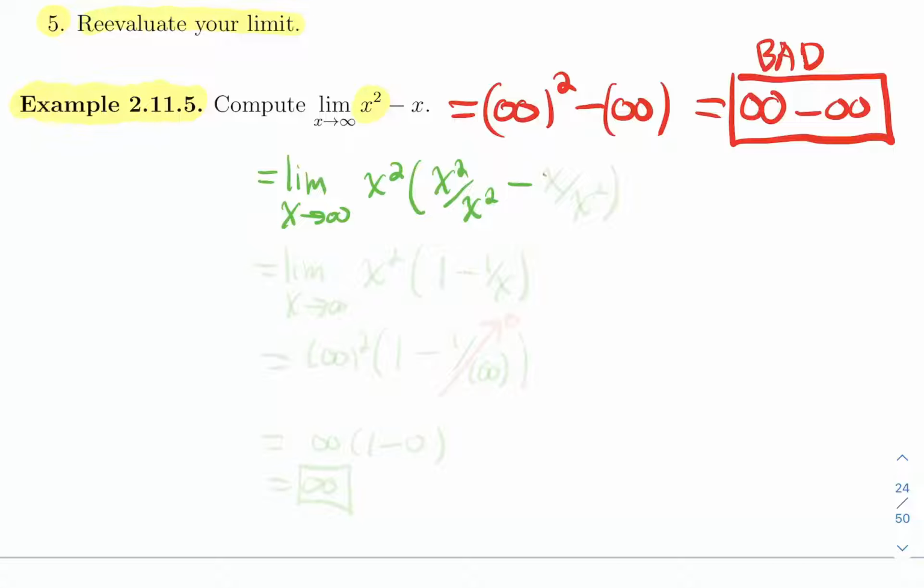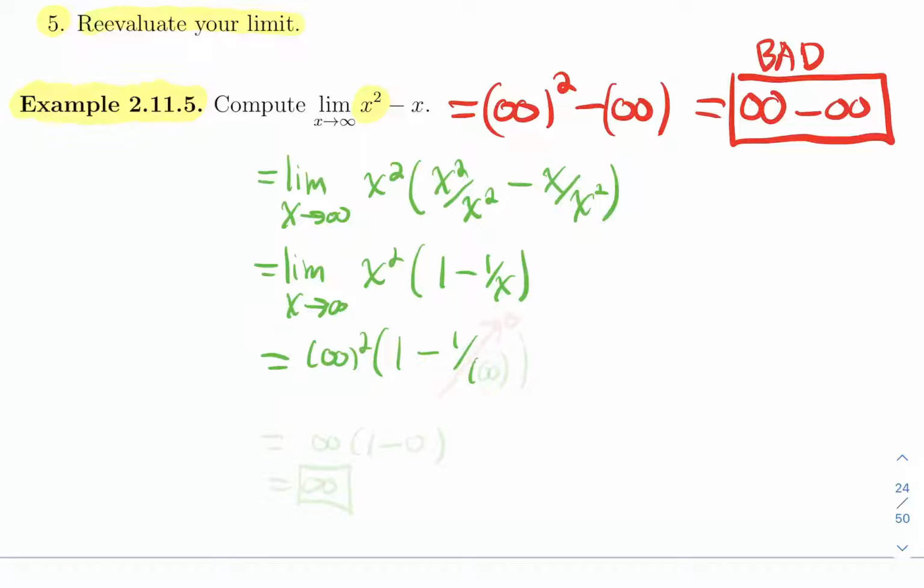Okay, so x over x squared. So you just divide by x squared, you simplify, so you get the limit as x goes to infinity. X squared over x squared, that's just 1. X over x squared, that's 1 over x. And now by evaluation, if you replace x by infinity, you're going to get infinity squared times 1 minus 1